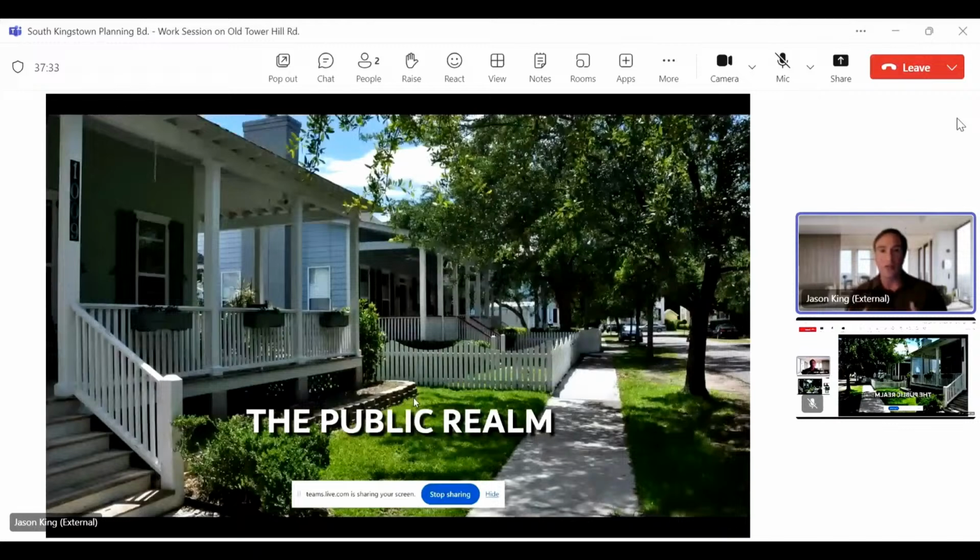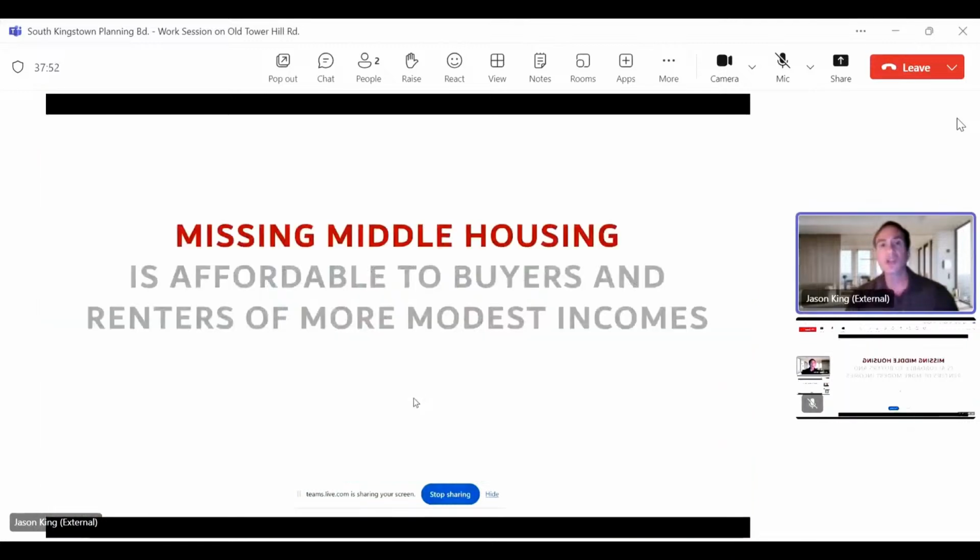I've done a lot of codes which have done this, so all new houses that come in have to contribute to the front porch experience, front porch communities. And that is all that I was doing with form-based codes for a long time. And now the form-based code is changing. Practitioners are using it to add missing middle housing.